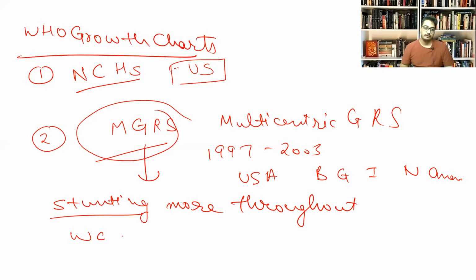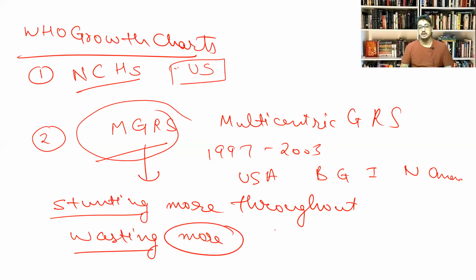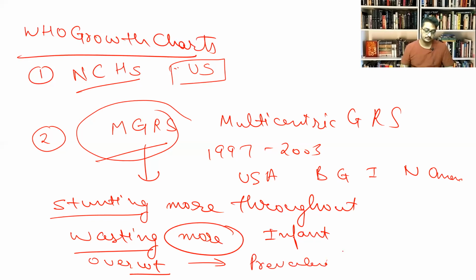But if we go for wasting, it would be calculated more in case of MGRS, especially during infancy, that is the first year of the child. Then third aspect is overweight. This would also be counted more, so the prevalence would be more of overweight. So these are the three differences we can say between MGRS and NCHS. The fourth difference would be that the new WHO standards depict normal